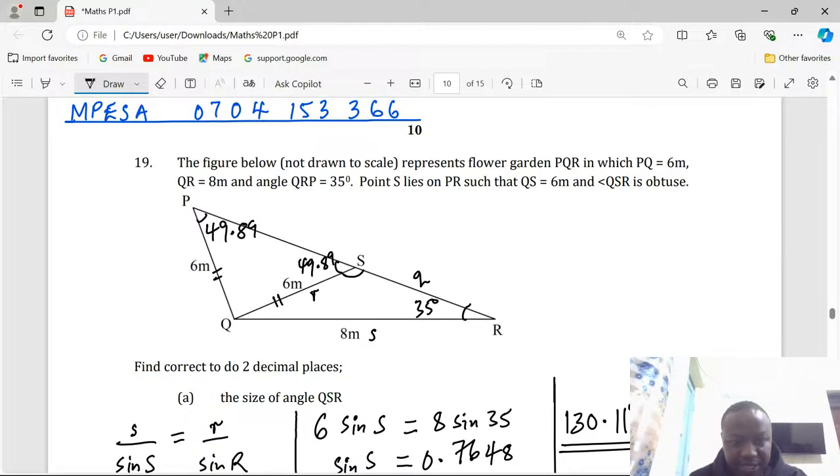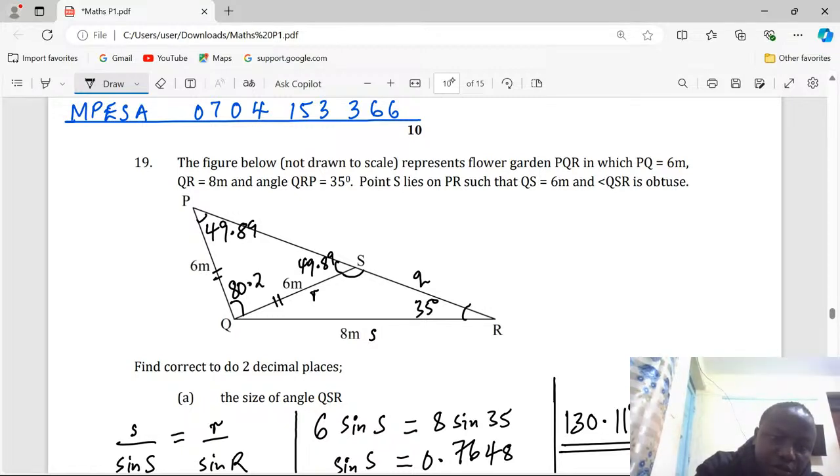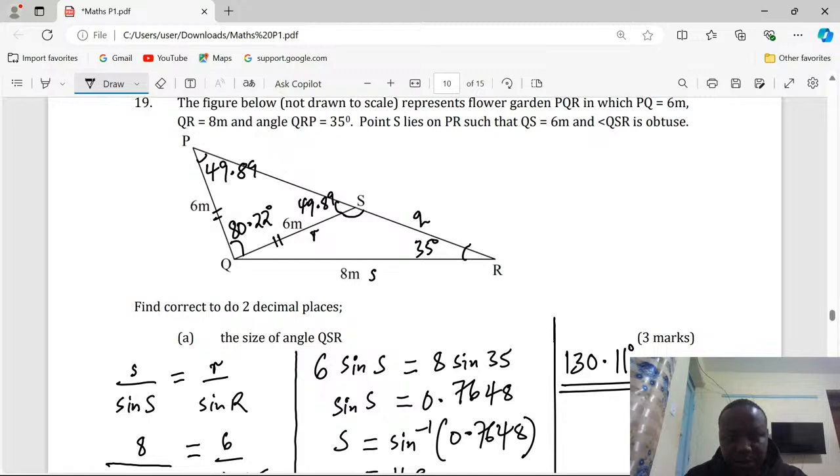So with all these angles, we can also get the other angle at this point, whereby we need to say that 180 minus 2 multiplied by 49.89, this is giving us 80.22. So the size here is 80.22. There can be several methods of getting that length, but the length PS can now be gotten by,